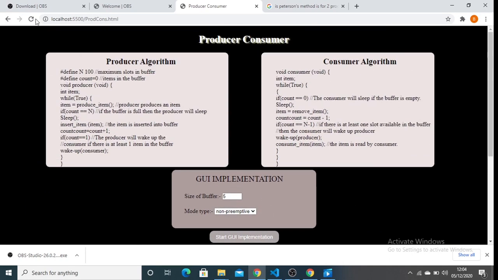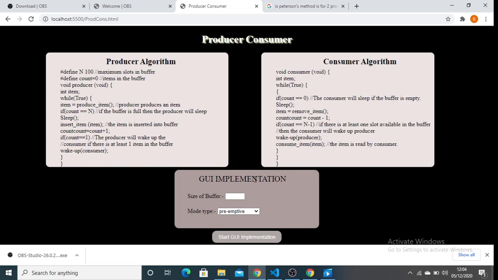Now I will show the preemptive mode, and I am setting the size of the buffer again as 5 and mode type as preemptive, and I am starting the implementation now.